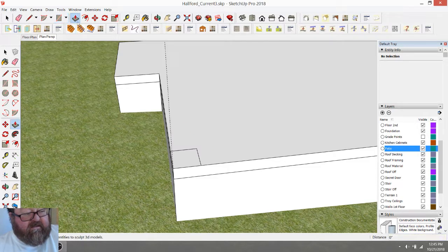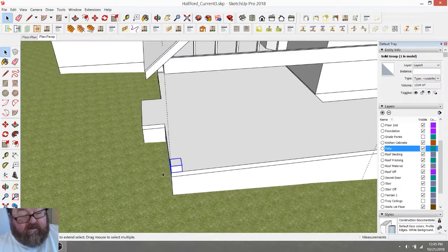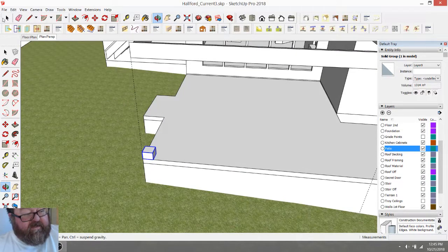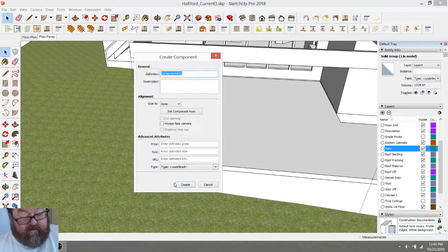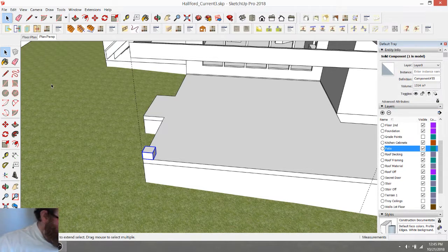That is. So I'll pull this up and I'll make it a group, and then later on I'll turn it into a component. Well, I'll go ahead and turn it into a component now, and I can edit it, and both my columns will change. If my computer, am I froze up? No. That was scary. I keep forgetting there's a delay, and it looks like